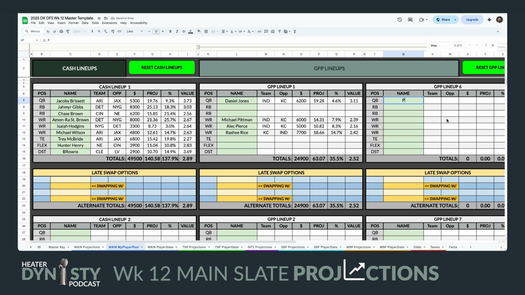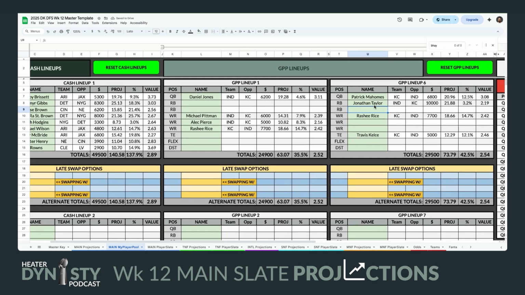If we were to flip that script, go Patrick Mahomes. This would be a lot of salary, but I think Patrick Mahomes, Rashee Rice, Travis Kelce, it's going to be expensive. But if you thought that they were going to really play well and they were being pushed, I think in that case you can throw in Jonathan Taylor. But oh my goodness, that is so much salary. So I think you're almost going to have to skinny stack Patrick Mahomes in order to make that work.